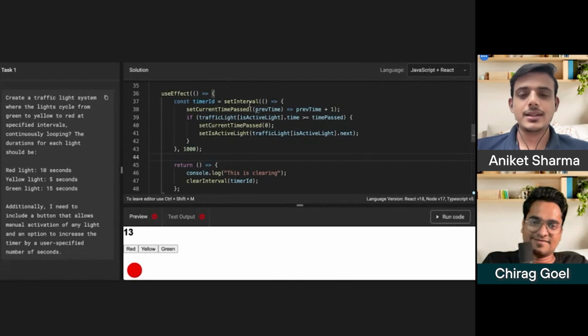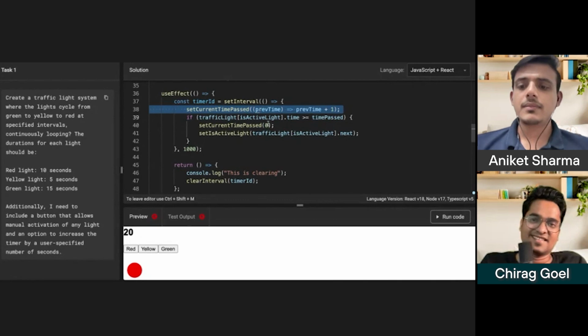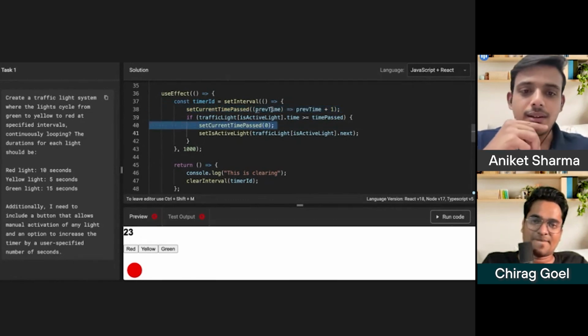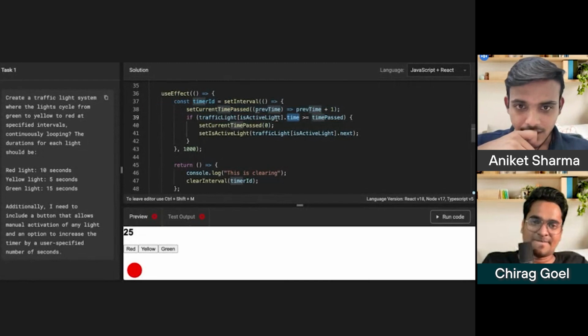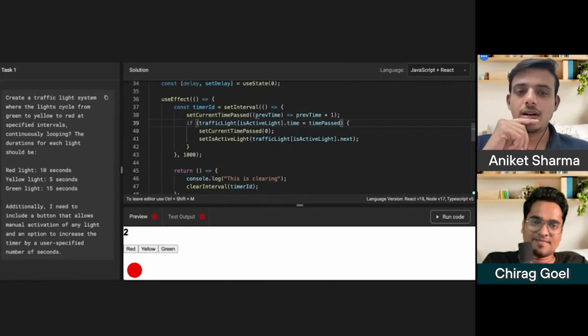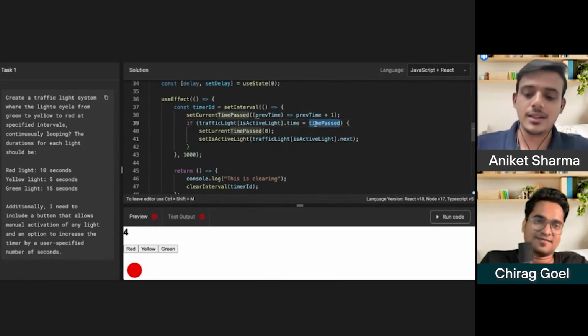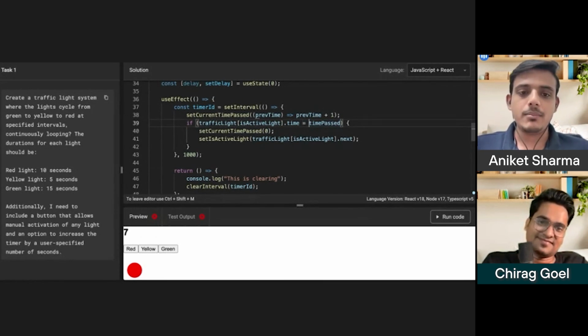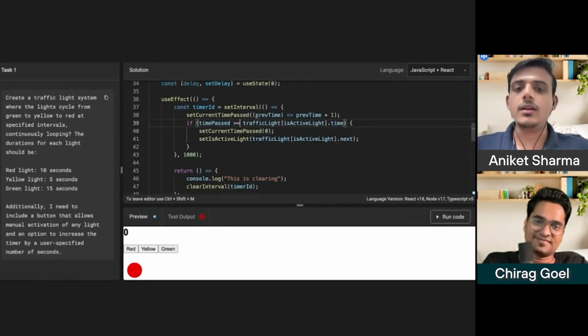Oh, it didn't reset. Wait, I think it was how many seconds? You need to reset, right? It did not reset. Yeah, reset as well as this. Okay, 10 is greater than time passed. Oh, less than or equal to. Not less than, but if time passed is greater than this, then we need to reset. Greater than or equal to, we can say.